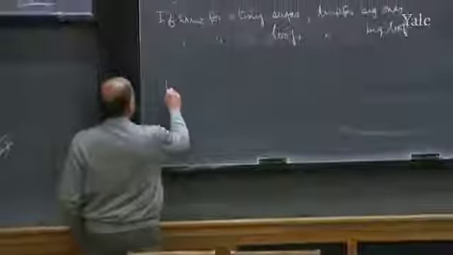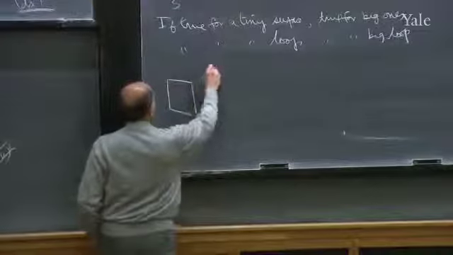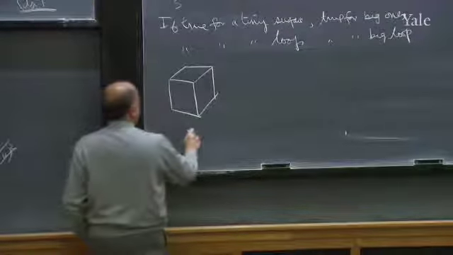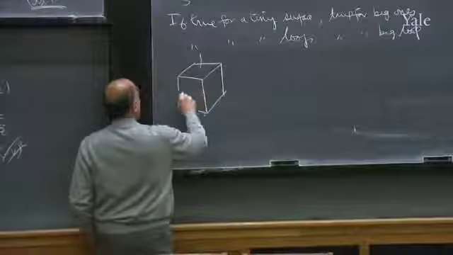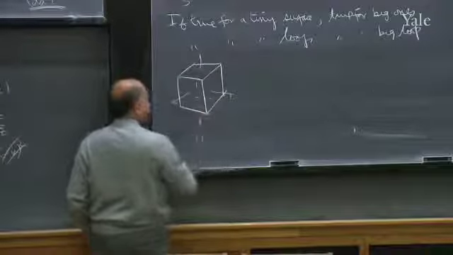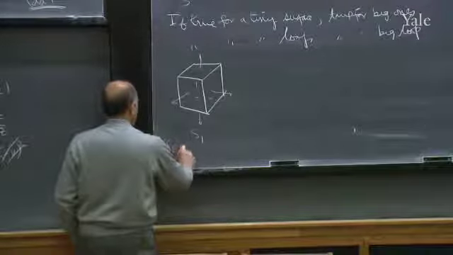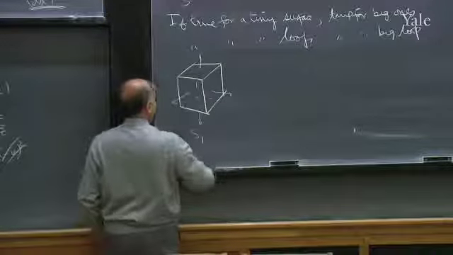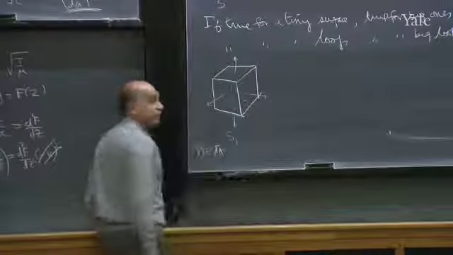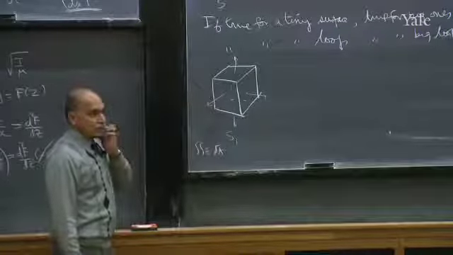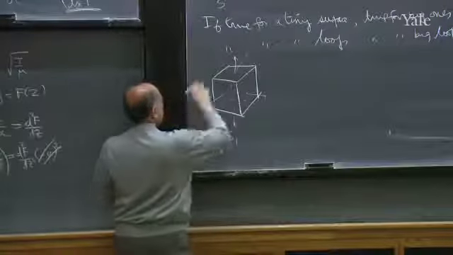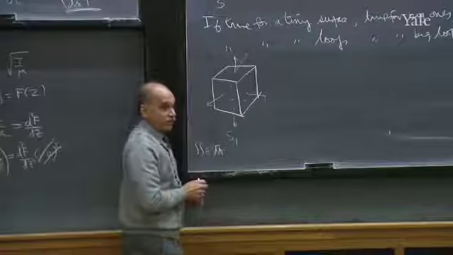So here is a surface. I'm going to take everything to be a cube, but it's not important. Here's a surface. Let's call it S1. And it's got its outward normal. That's the definition of surface integral. You draw the normals pointing outwards, and you take E dot dA on every face of the cube and add it. The area vector is defined to be the outward pointing normal to every face. So you take the little cube. E may be pointing this way there or that way there, but you take the dot product with the area and you add them.